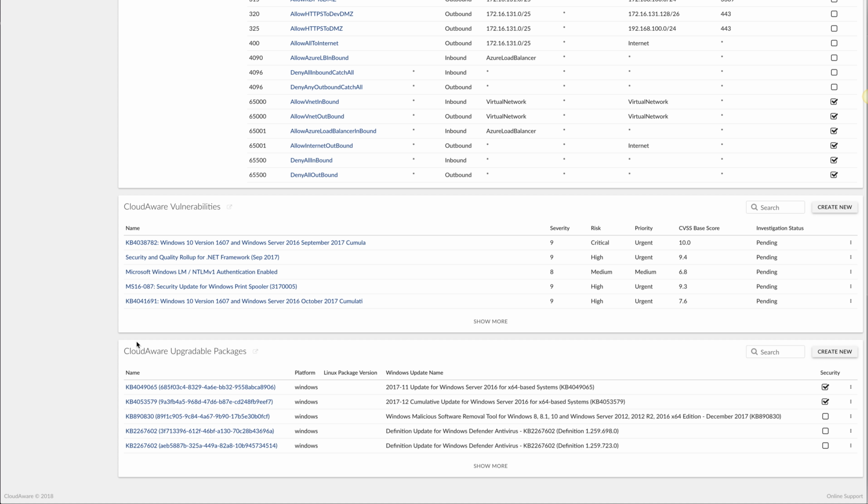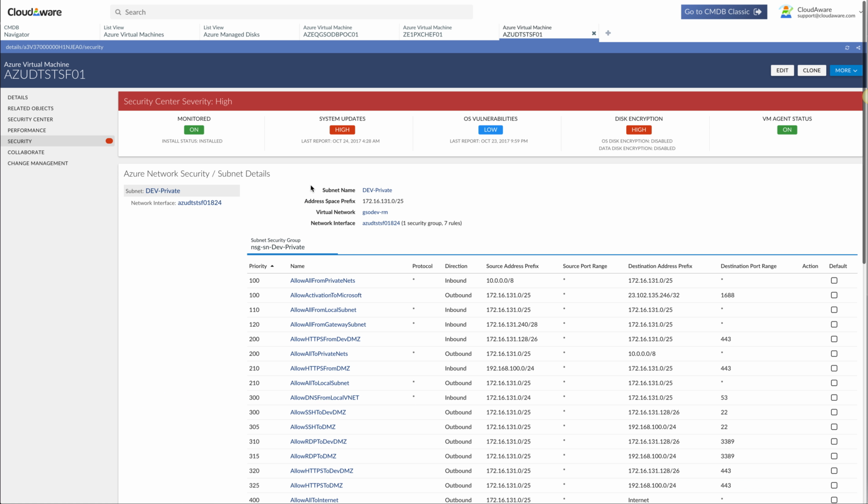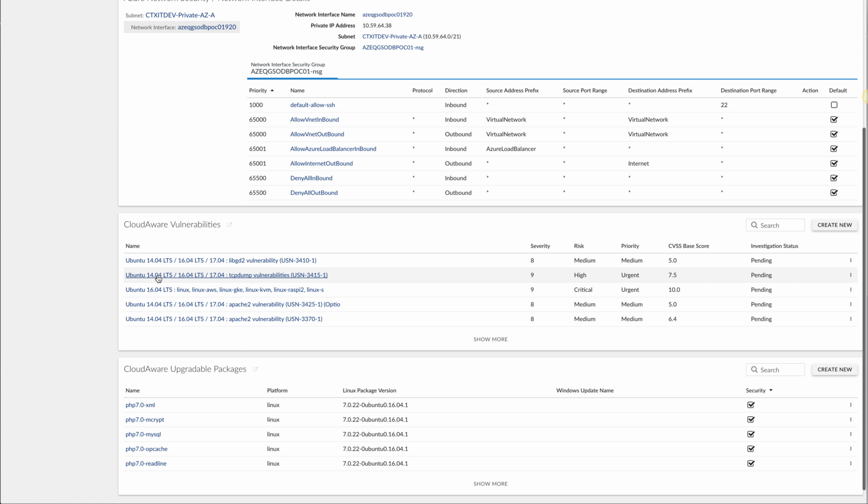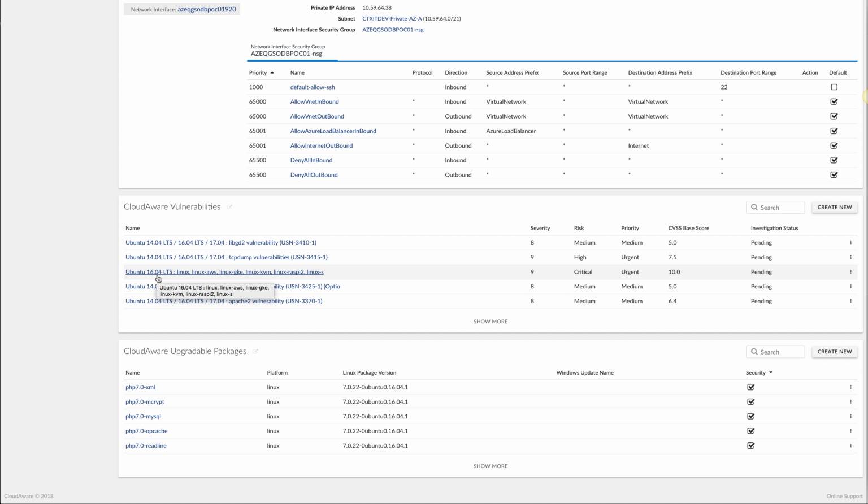And it does this equally well for Windows machines. Let me show you a Linux example as well. So here is a Linux-based machine. If I scroll down, it says, okay, these are all of the upgradable packages that you have